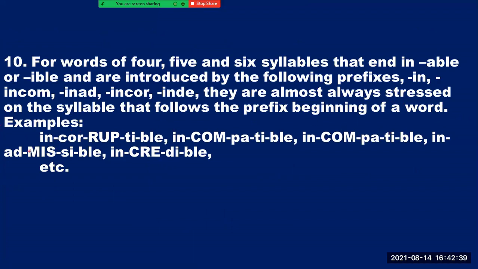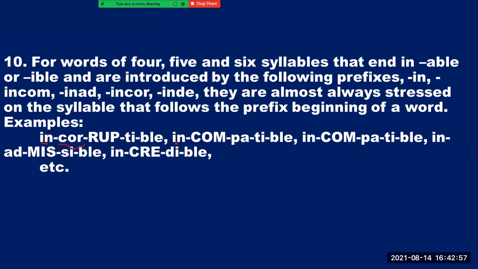I have already explained this in the previous rule, but let's look at it again. Now, these are 2 prefixes here. In is a prefix, then cor is a prefix, and so